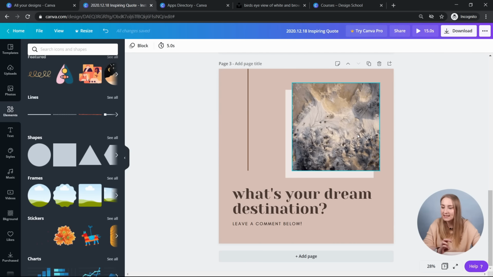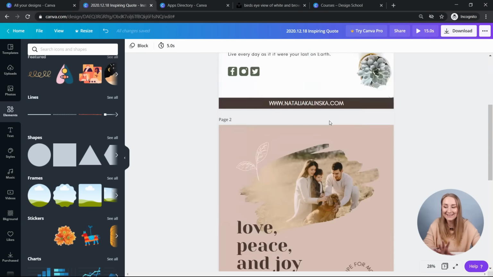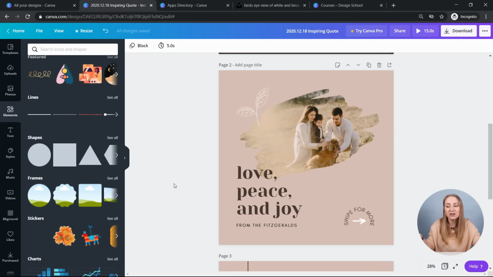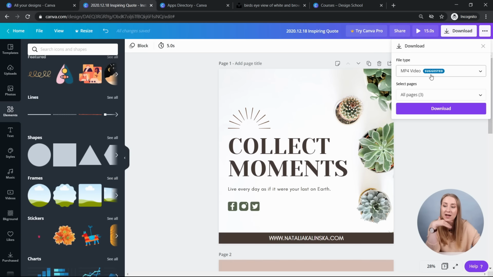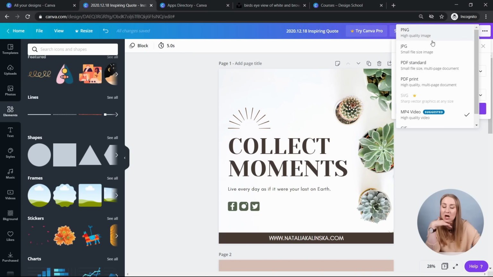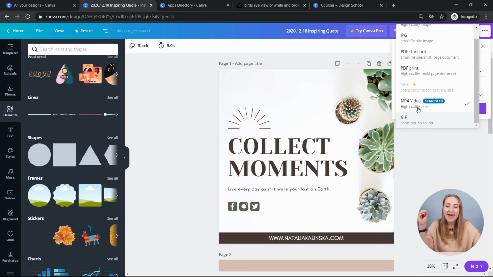The first one doesn't really go super well with the second or the third, but let's say these are the set and that one is a standalone graphic, which sometimes happens. You create something and it goes another way, or you're inspired to create something else. So I can just start downloading my graphics. So you click in here. Again, as I've told you before, you can click different styles. So since I've animated these graphics, I would need to either choose the MP4 video or GIF for these animations to actually show up. So I will download that first one as an MP4 video.